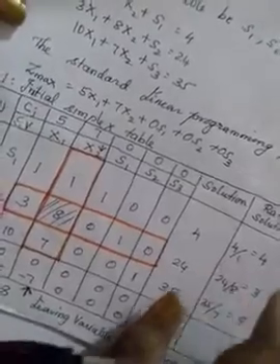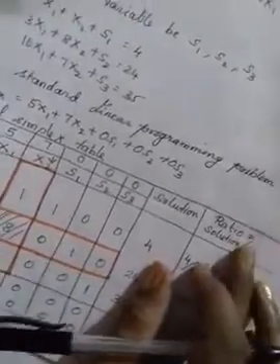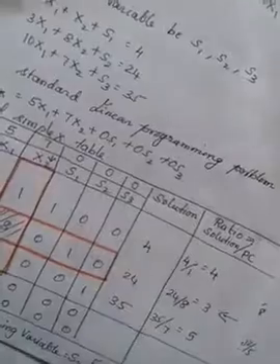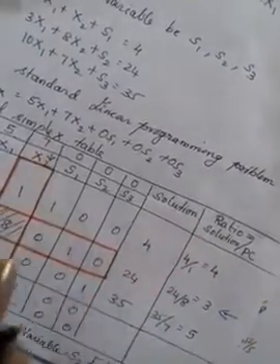Okay, then you have to multiply these two values, you will get Zj and Zj minus Cj. So you will get this value. Here, how to find out the minimum value? Okay, the minimum value is -7. That particular column, mark it down, and here also you have to find out the ratio. How to find the ratio: solution divided by your pivot column.